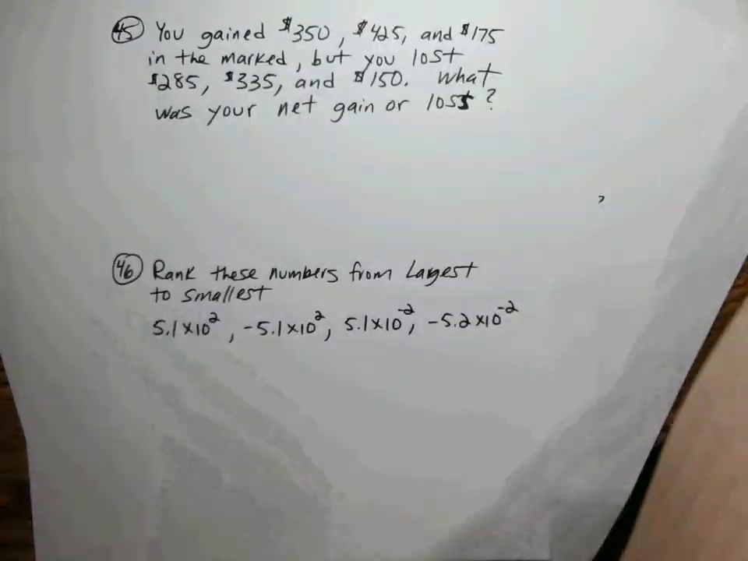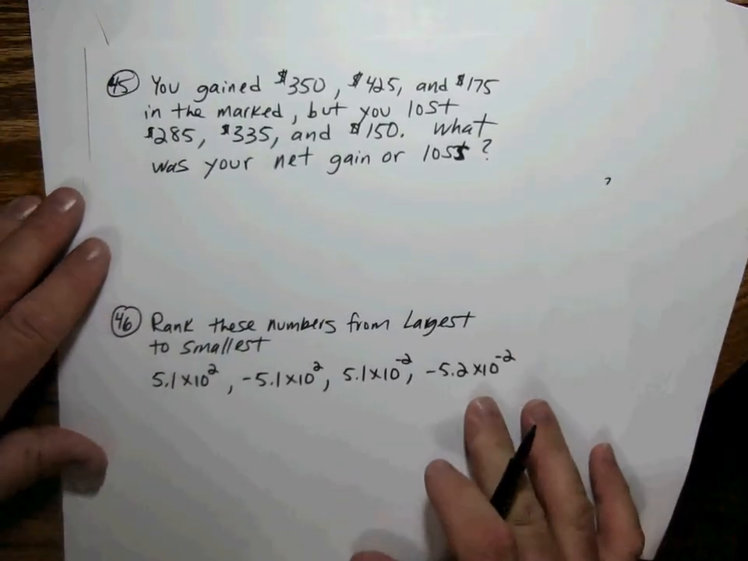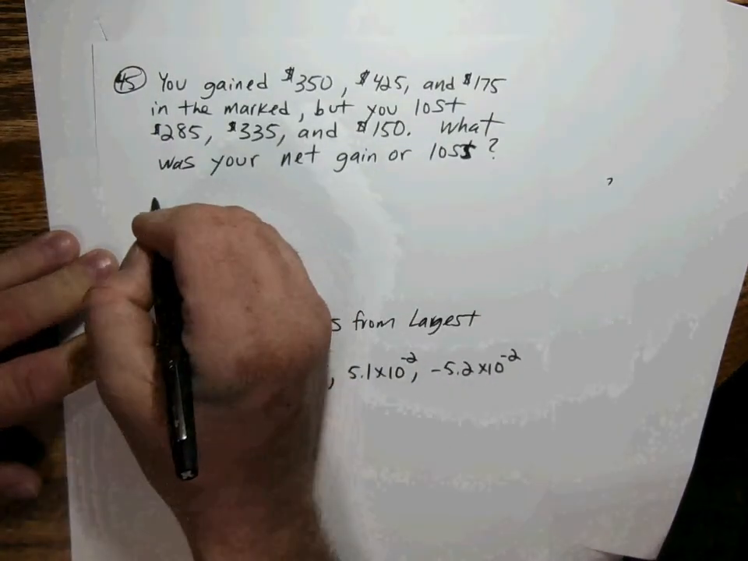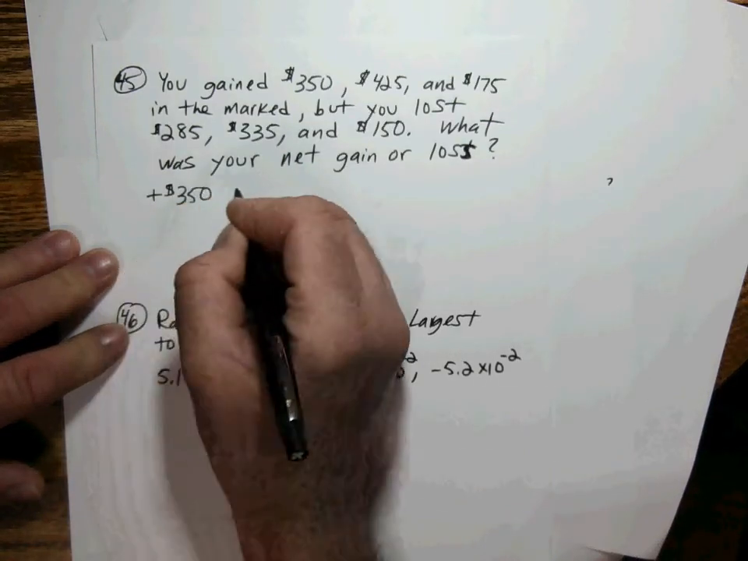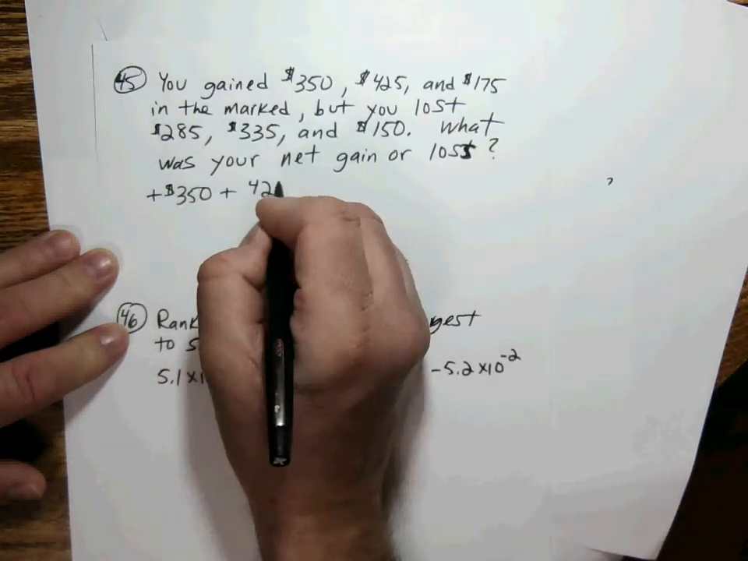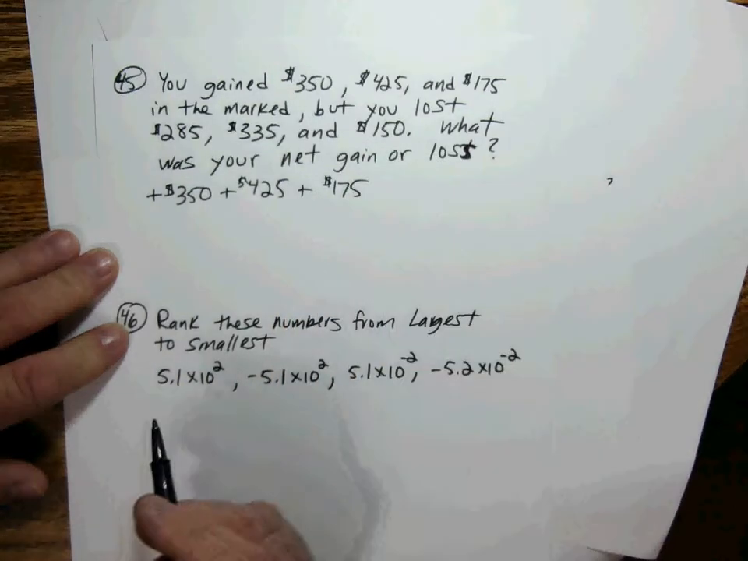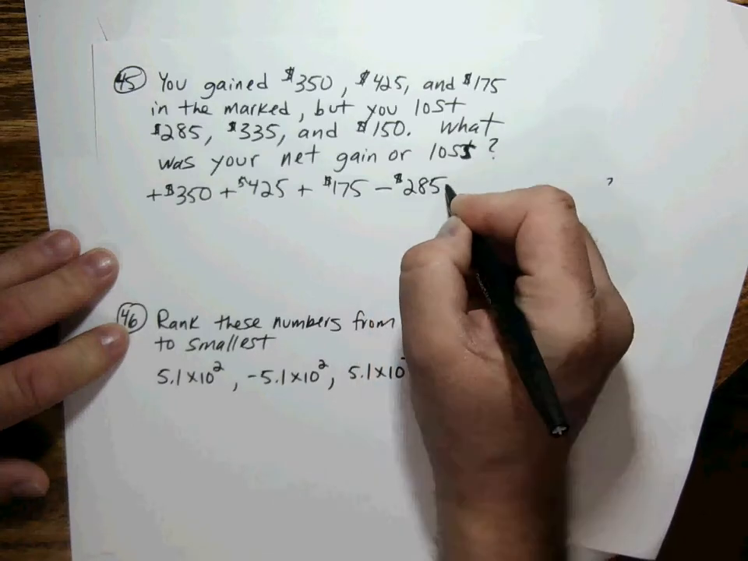All right, 45. You gained $350, $425, and $175 in the market, but you lost $285, $335, and $150. What was your net gain or loss, it's supposed to say? Well, we could drive the point home with plus signs. I've got a plus 350, and I got a plus 425, and I got a plus 175, but then I've got some stinkers there that lost money. So minus 285,